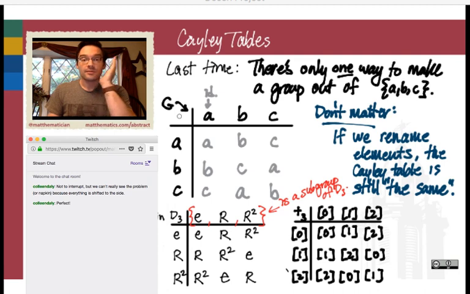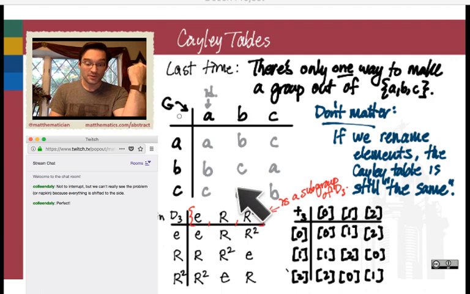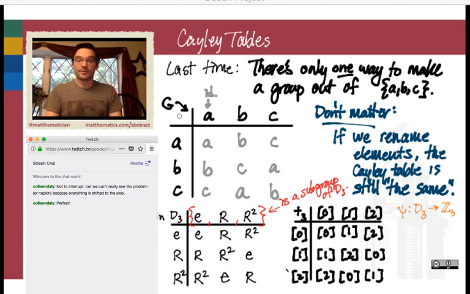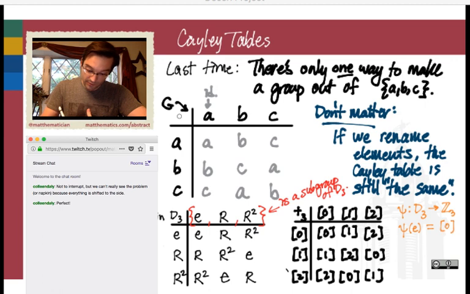But again, this Cayley table over here is the same as this Cayley table here, which is the same as that Cayley table over there. And so what we can say is, let's set up a function. Call this one psi from D3 to Z3. So the two Cayley tables on the bottom of my screen here: if I relate the identity element of D3 to the 0 equivalence class in Z3, and if I relate R to the element 1, and if I relate R squared to the element 2,